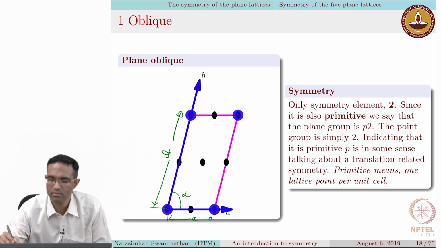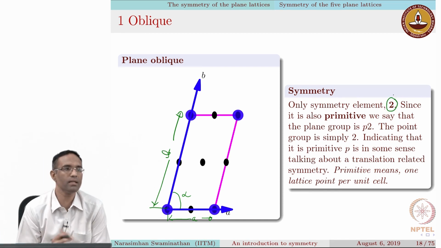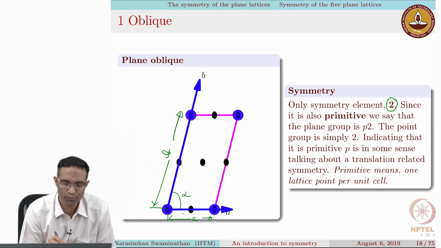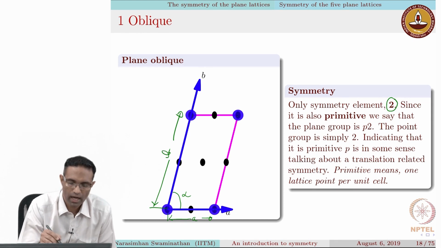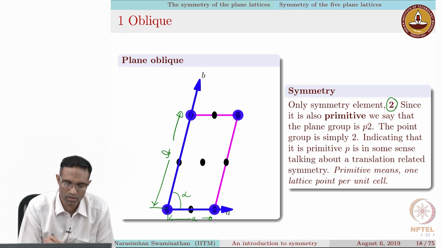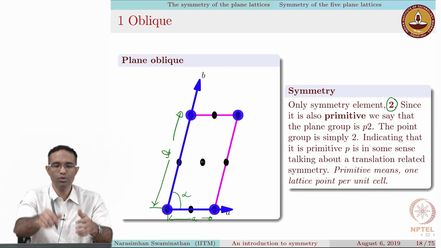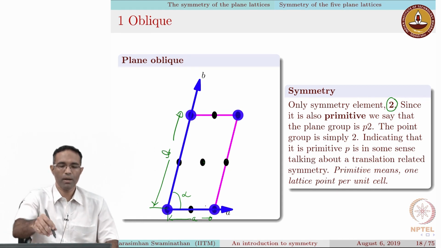Two-fold rotation, right? There is nothing else present in this lattice. There is just a two-fold rotation. And where are the two-fold rotation axes? They are at each of the lattice points, and you can also identify ones right at the center and at the center of the unit cell itself. There are two-fold rotation axes passing through